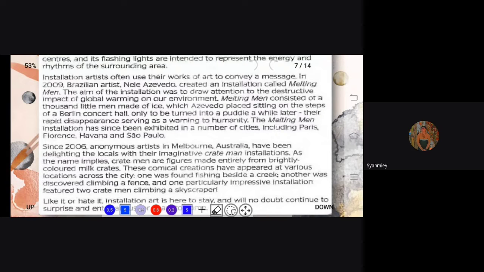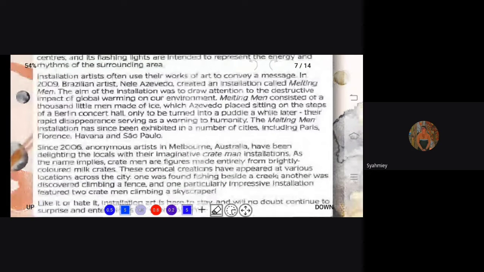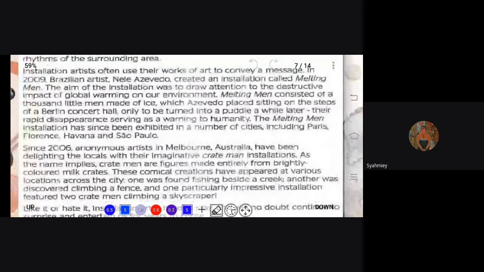Melting Man consisted of a thousand little men made of ice, which Azevedo placed sitting on the steps of a Berlin concert hall, only to be turned into a puddle of water later. Their rapid disappearance served as a warning to humanity. The Melting Man installation has since been exhibited in a number of cities, including Paris, Florence, Havana, and Sao Paulo.